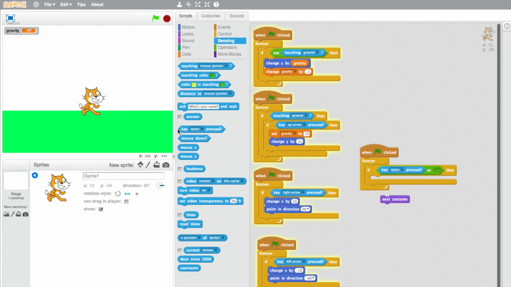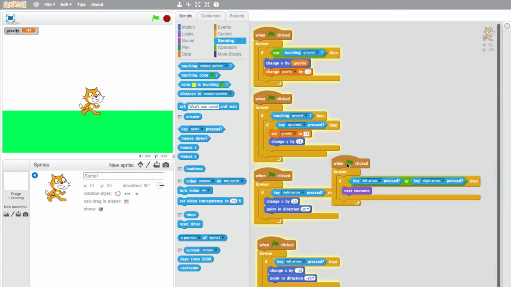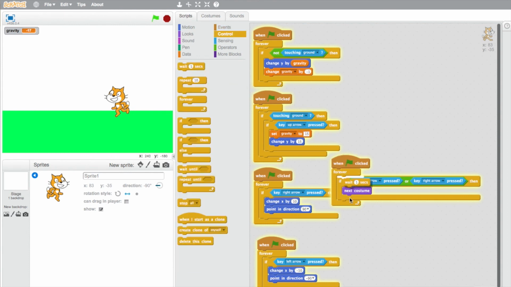key. Okay, just go both of these. Key left arrow or key right arrow. And just go next costume. Except the costume changing will be way too fast. I mean, it may be alright for your animation, but if you want to slow it down, you'll just get the wait in here. And I looked at that earlier, for the Scratch one it'll probably be about 0.05, but